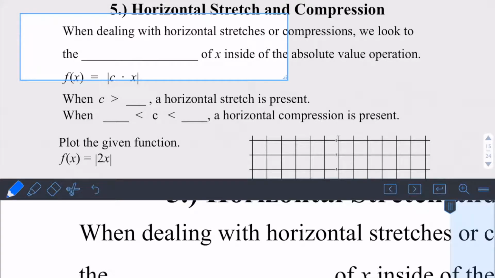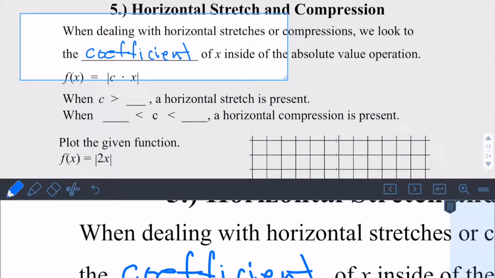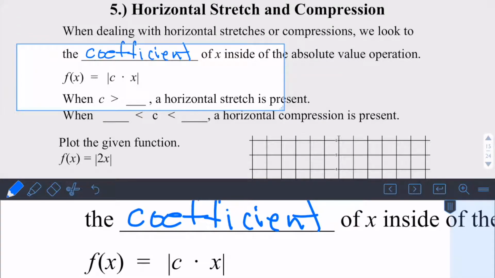When dealing with horizontal stretches or compressions, we look at the coefficient of x inside the absolute value function. So when we look here, it's where you have a constant multiplied by the x inside the absolute value function. So when we look at it with our general form,